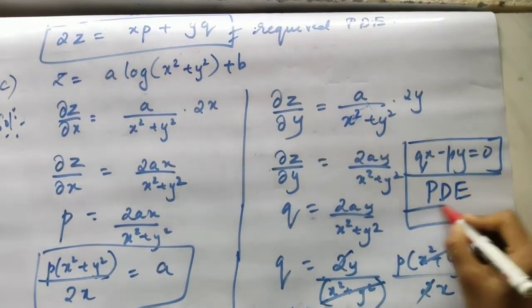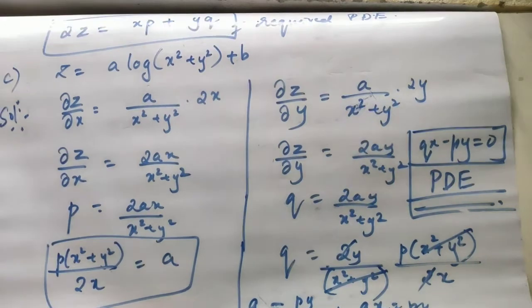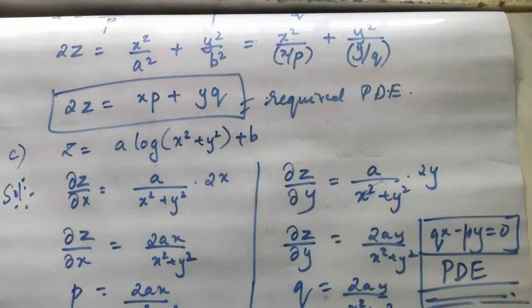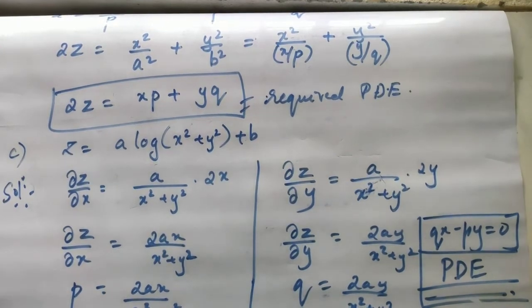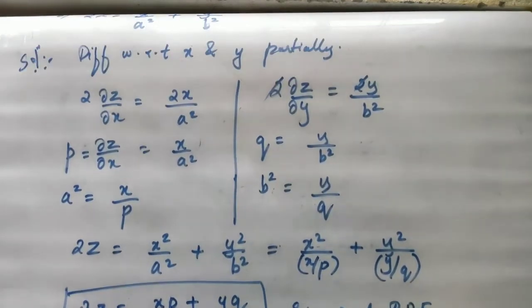Okay, hence the solution. This is how you are going to solve it. I hope the point is clear. By taking the first derivative itself, b got cancelled. You have to just eliminate a. Okay, it's very simple. Let's go for one more so that you get used to this.